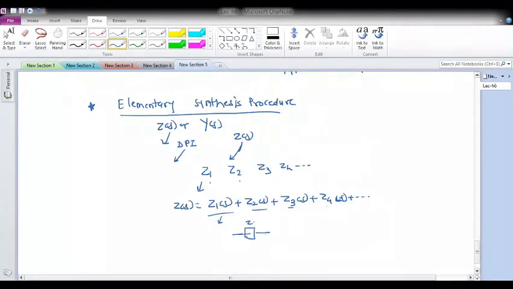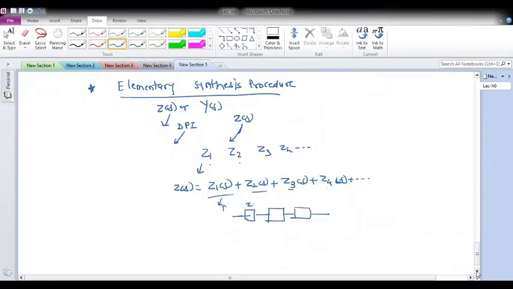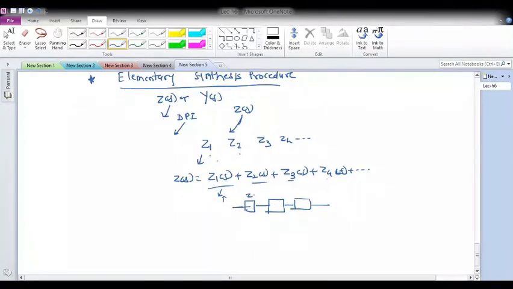Okay, so that can be connected in series, and you can synthesize the thing, whatever the impedance, whatever the simple impedances you have broken it. But if individual things are given, you can do it. But what if you are given the polynomial Z of S, which is somewhat complicated? Then, if it is a polynomial of, let's say, 7th order or 8th order, it is very difficult to realize it directly.